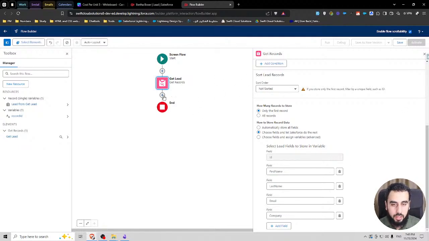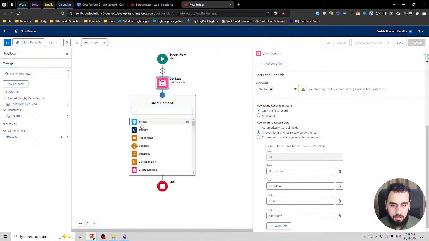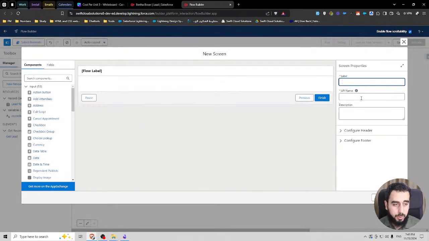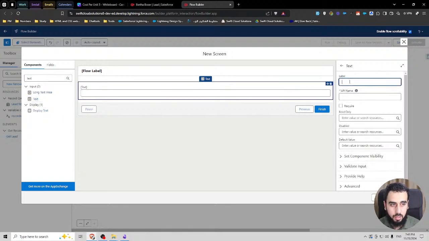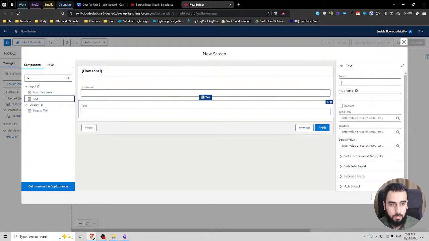Now that we have this information, let's go ahead and create a screen where we display and pre-populate this. This is the information screen. It's more of an input, like the user is inputting the contact first name, but we pre-populate it for them in case they need to make an adjustment. So this is first name, and then another one for last name.